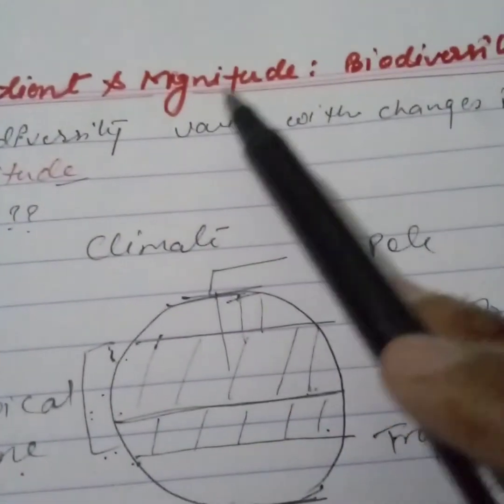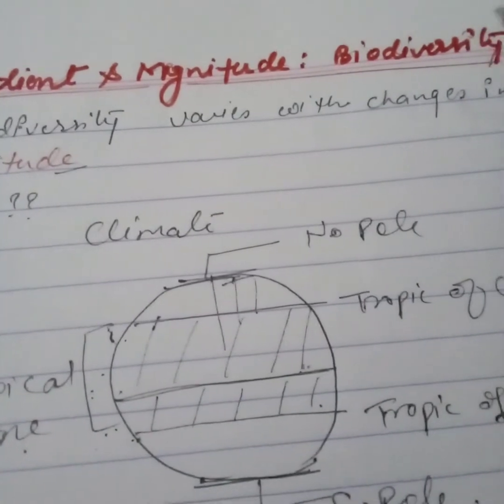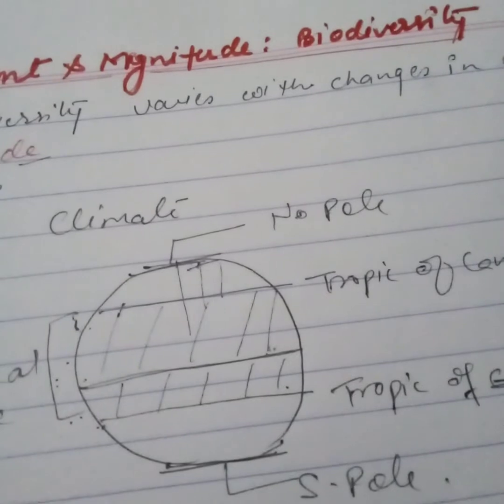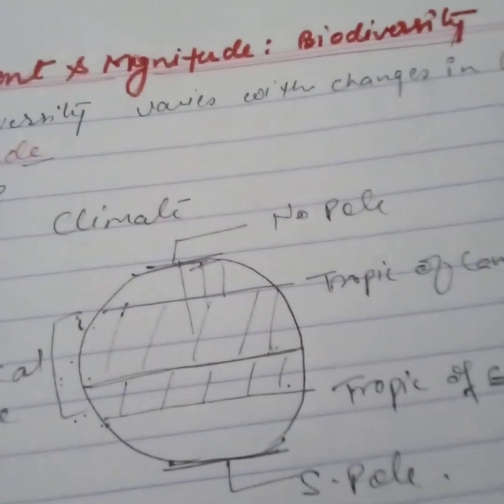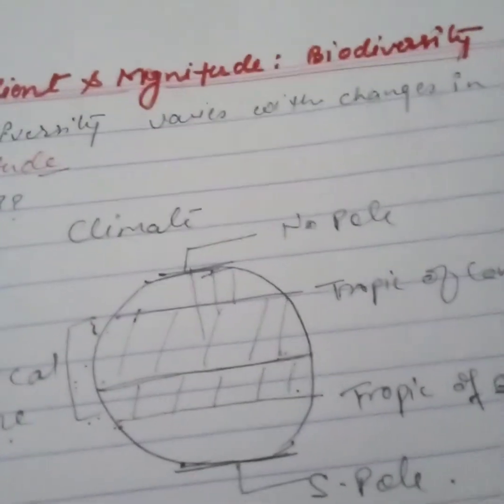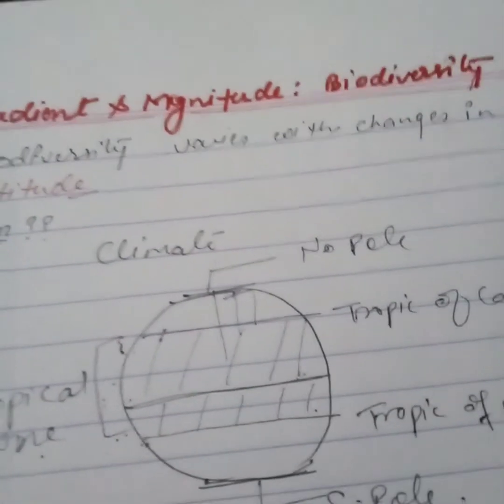Clear? Now we will discuss the gradient and magnitude of biodiversity. As we know, biodiversity varies with changes in latitude and altitude, and I hope you know about latitude and altitude. So if we draw a globe structure,